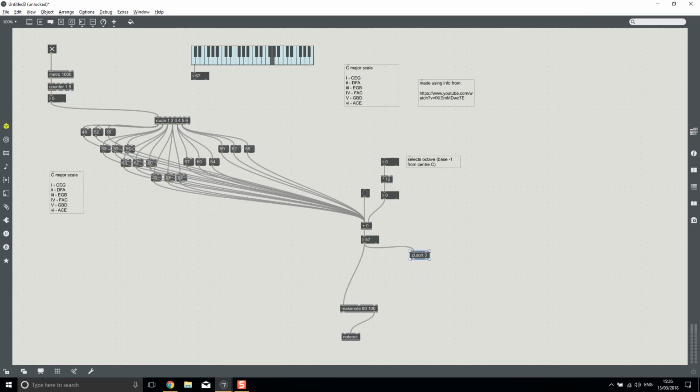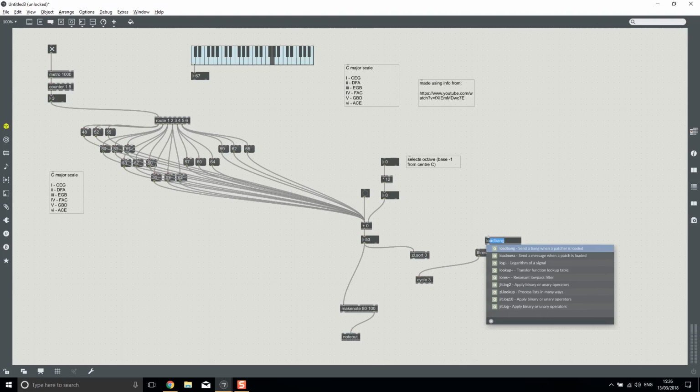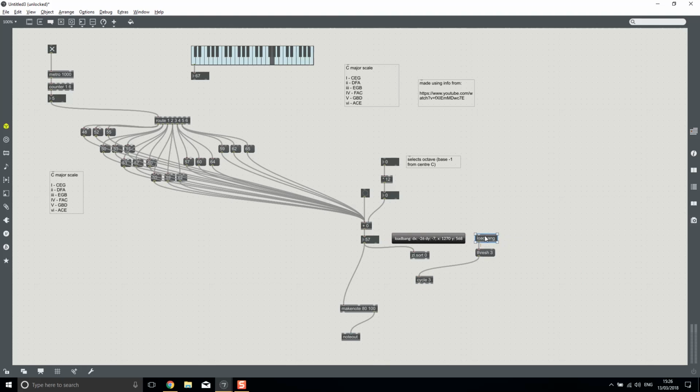We then want to get the 3 numbers back out. So I'm going to put it into something called a cycle, and I'm going to pass the cycle a message called thresh 3. So we need to cycle by 3 outputs. When I pass the cycle the message of thresh 3, that's telling it that every time it receives a number that's not 0 to start again, and that means that all our numbers will always be in the correct order for us. So now if I do 1, 2, 3,